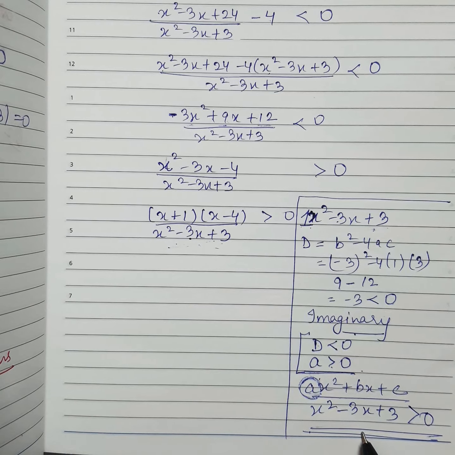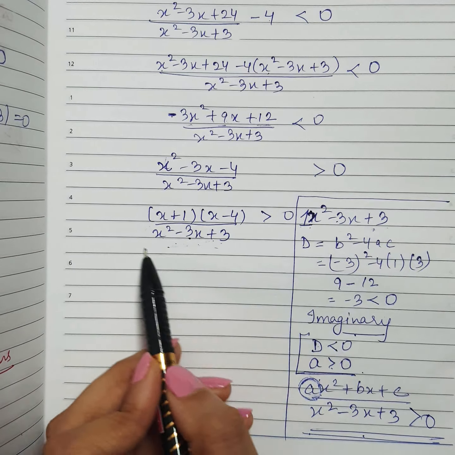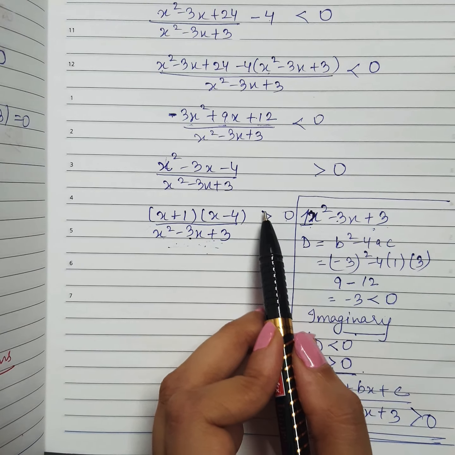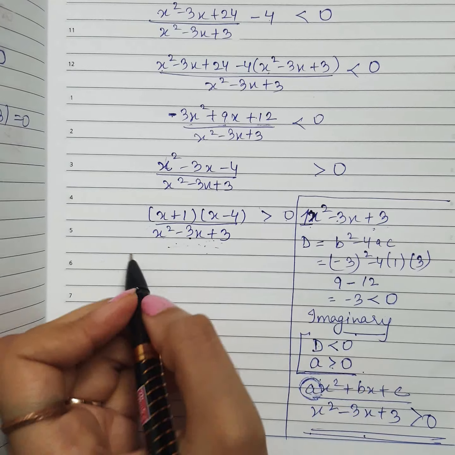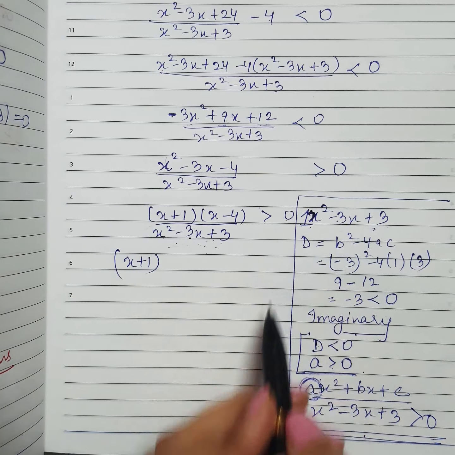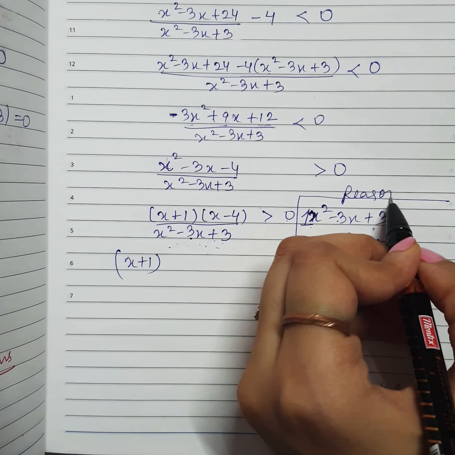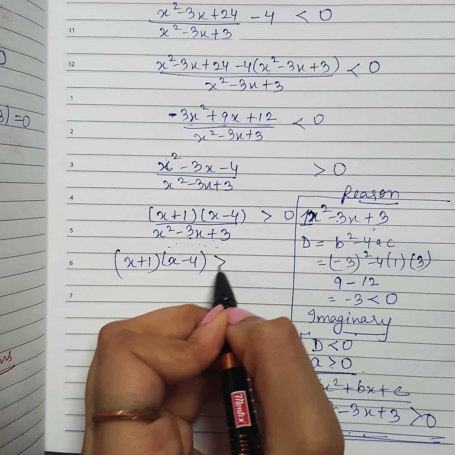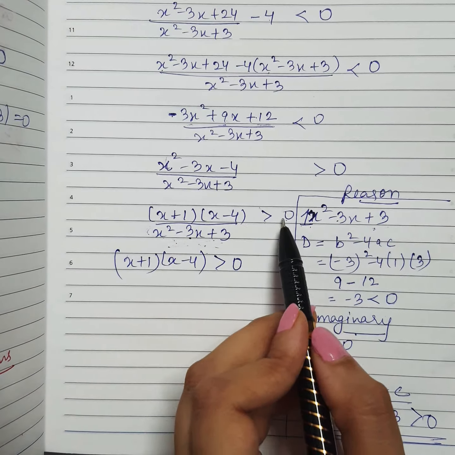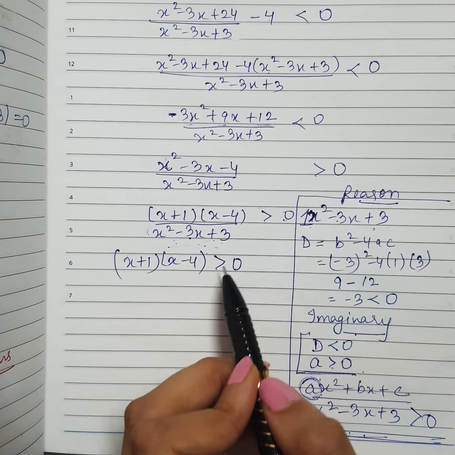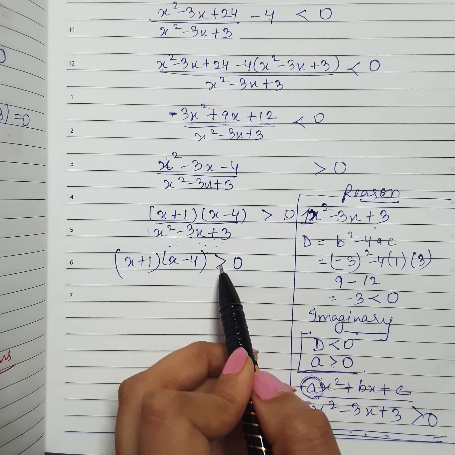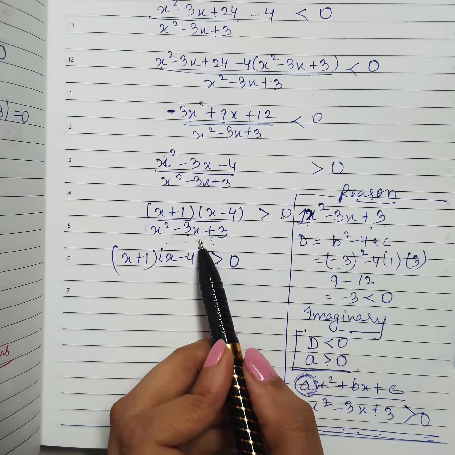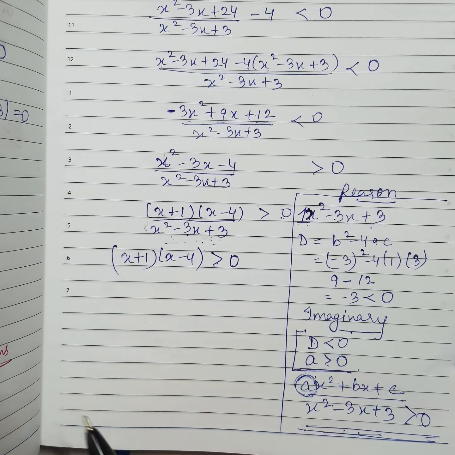Okay, so using the same logic, since this expression is positive, shifting it to this side will be no problem. That means the inequality will be the same. So I can shift it by giving this as a reason. This should be a fair part in the question, that how I am shifting it. Greater than 0, because the whole expression multiplied with 0 will become 0 and the sign of inequality will remain the same, because the expression we have multiplied is positive. So positive number से multiply या divide करने पर inequality change नहीं होती.